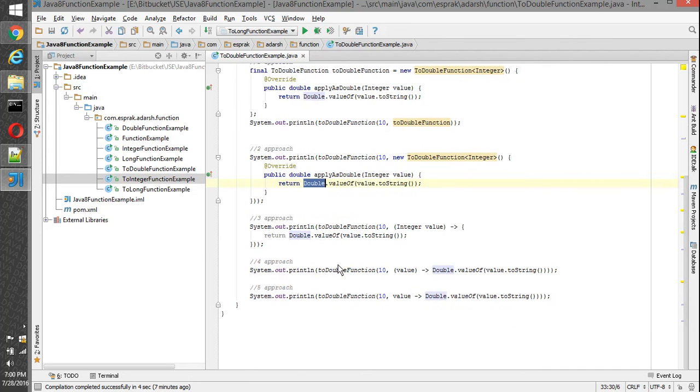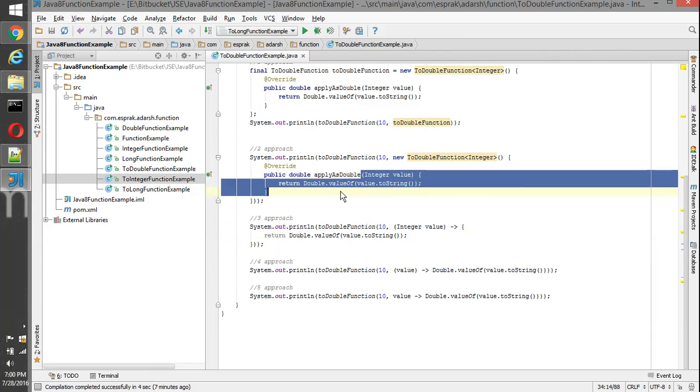But from JDK 8, we have the feature of lambda expressions, where we accept an integer value in the method and return a double value. A lambda expression doesn't accept the complete method. It accepts just the relevant code which is required to complete the functionality.